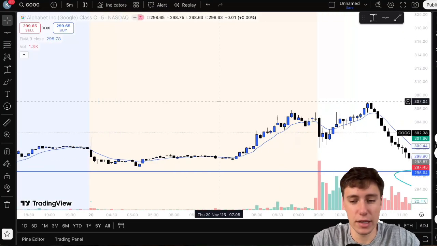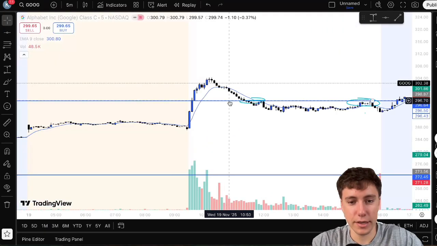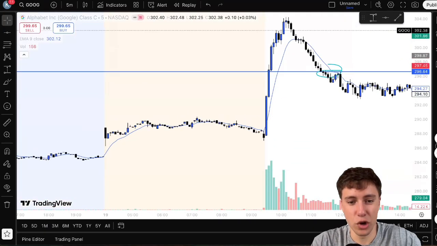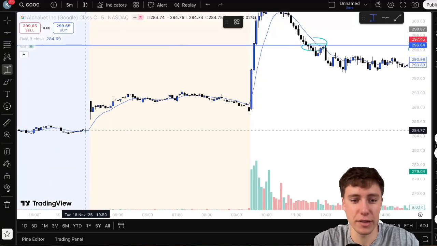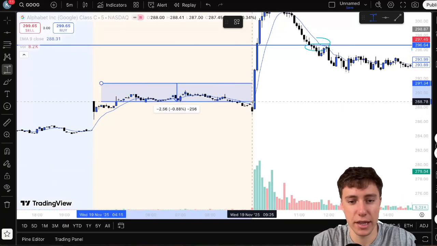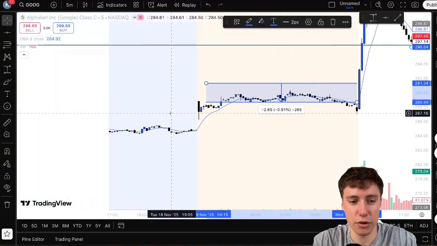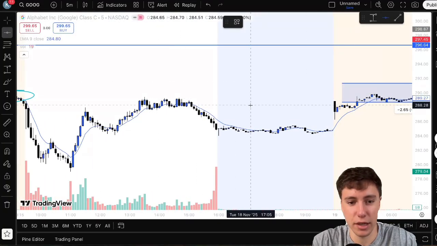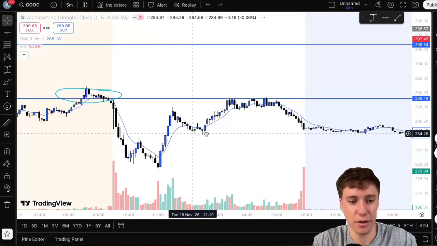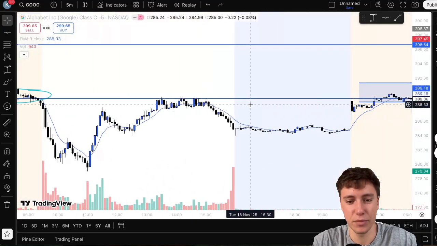Let me show you guys another example. Check this out, guys. This setup is literally so clean. Look at this. We're breaking out of a range. I don't even have to go inside of pre-market to show you guys our previous day. We're rejecting off this range. We can go in the past and we can see we reject off it multiple times. Literally just like right here. Check this out. We opened there, respected it,